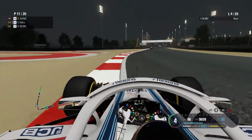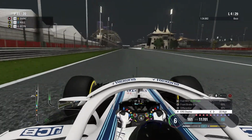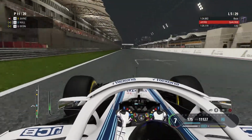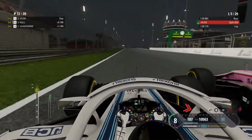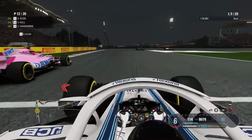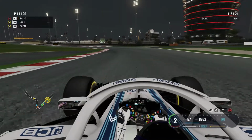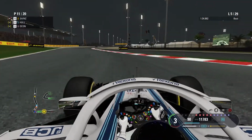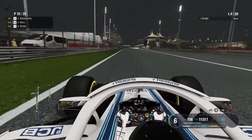But Grosjean and Sainz haven't got too far away from me as we compromise our exit once again. Now we've got Esteban Ocon up behind us, so I'm going to have to bump it up with the RS, because that's a Mercedes-powered car, and that Mercedes-powered car is going to fly past us like an absolute bullet in a straight line. Ocon there. Does he come across? He does come across to take the racing line. He was very late about it, so we're down the inside, taking a big heap of curb there, and we've managed to get past the Force India driver,